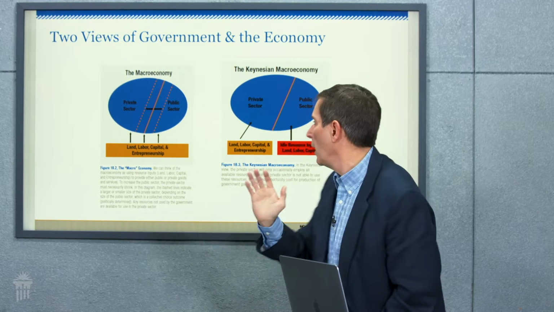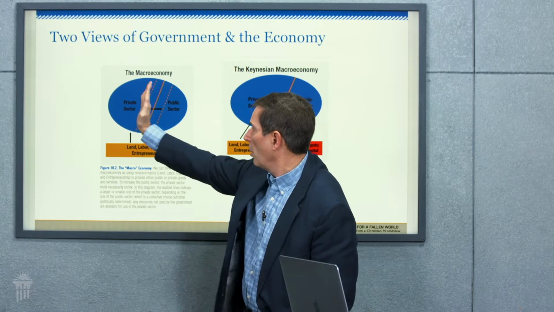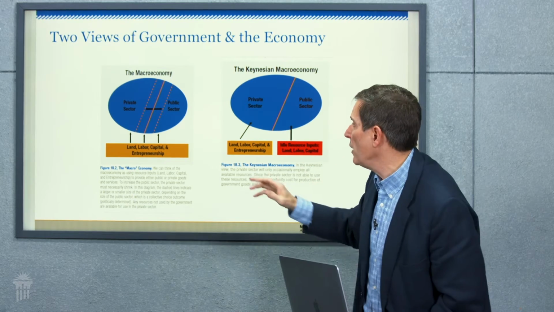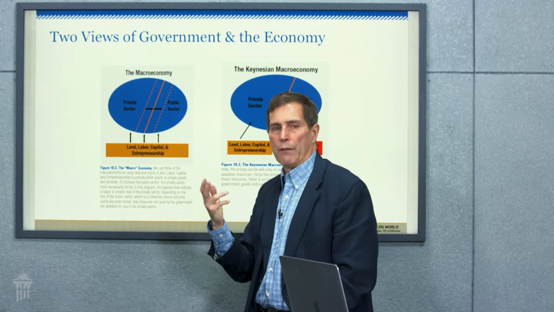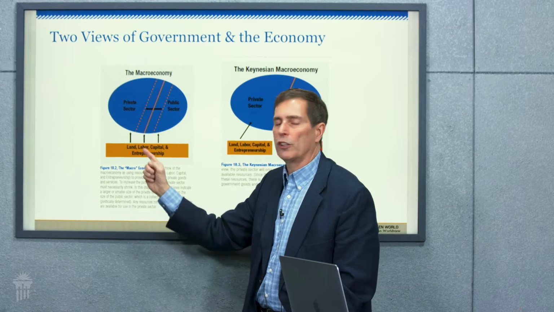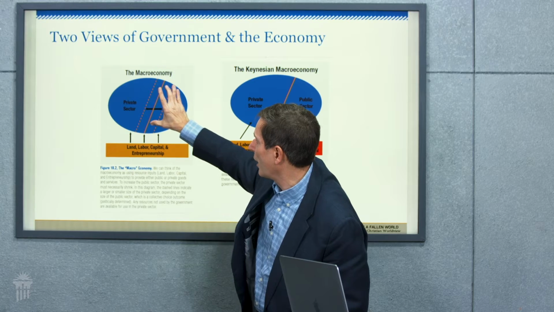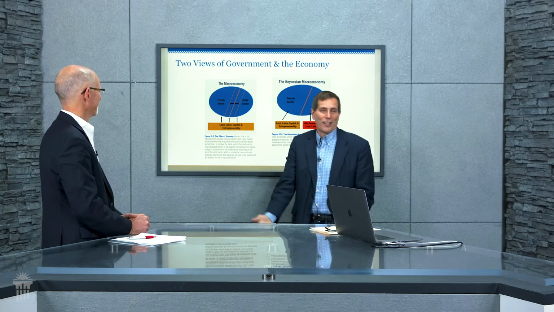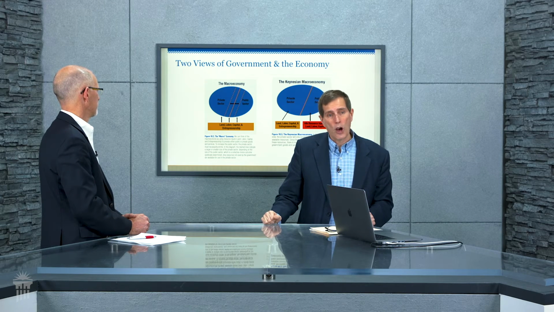And so you could make the economy of the public sector bigger or smaller by moving the amount of expenditure you do. But notice, in this way of viewing the economy, this would be more the classical way of looking at it. If you spend more on the public sector, what must necessarily be true about the private sector? Well, if you move this darker yellow line over this way, the private sector has gotten smaller. It's pretty obvious. This is kind of the way that economists thought about the economy.